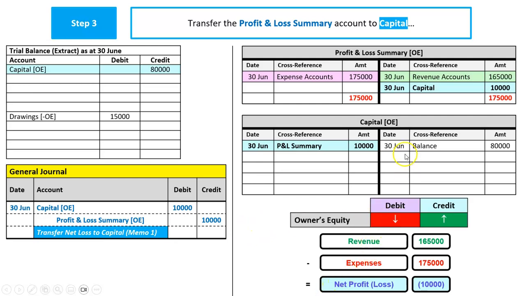So, did that all make sense? Well, we said capital was a debit. Why? Because we made a net loss. What do net losses do to capital? They make it decrease. And the rules of debits and credits say when you decrease an owner's equity account, that's